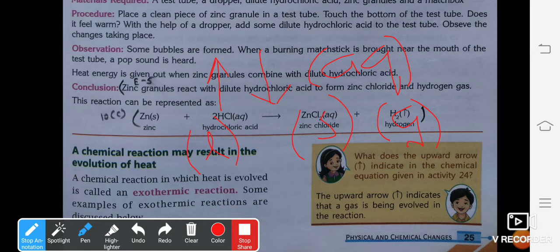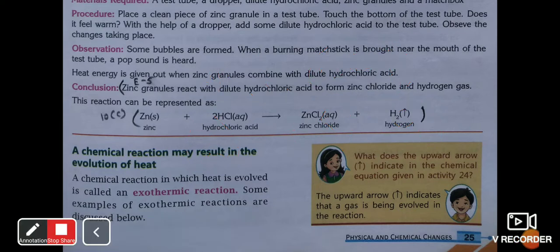These are the representations which make the chemical equation more meaningful, and I expect every student from my class to use the symbols while writing the chemical equation, because the more information you provide, the better your answer. In case of any doubts, students, please keep on asking me questions.